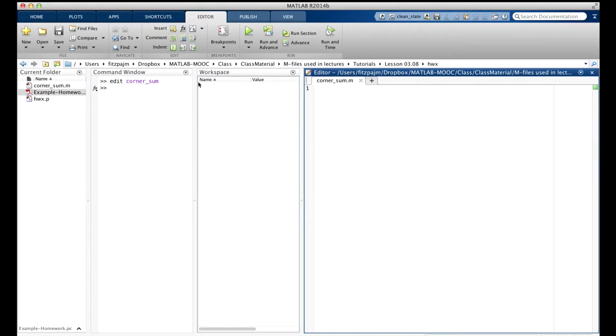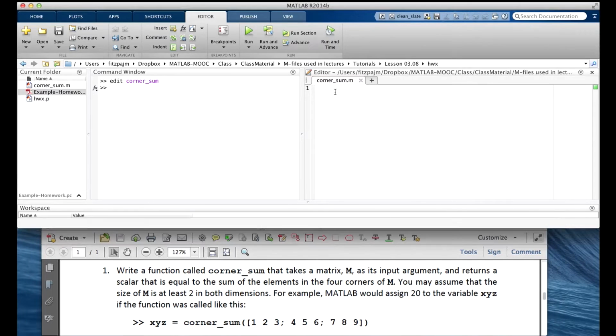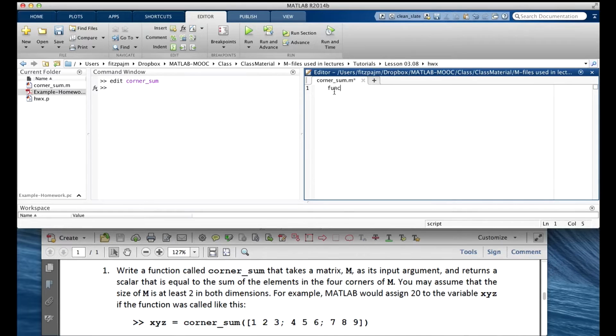You know, in fact, I think I'm going to rearrange things a bit so I can look at the command window, the editor window, and the PDF file at the same time. There we go. So, what do we do now? Well, we need to put a function header in here. Well, that's easy to begin with because we just type function and we get this keyword highlighted in blue. Okay, before we type the function name in there, we need to know whether this thing returns anything. Because if it does, we got to put an output argument here.